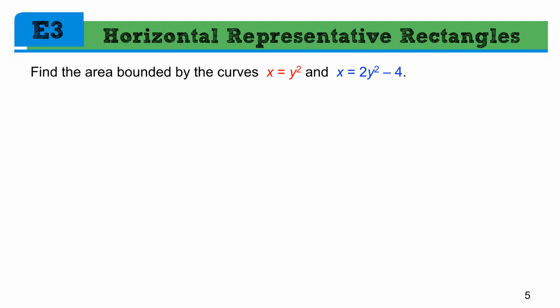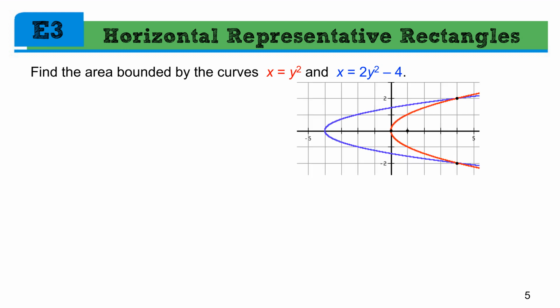Notice I use the word equations and not functions. Why wouldn't I use the word functions? Did I make a mistake? There are 2 points for every x, meaning these are not functions. They're sideways parabolas. They look like this. So we're using equations, but just because we're using equations doesn't mean we can't find the area that's bounded by